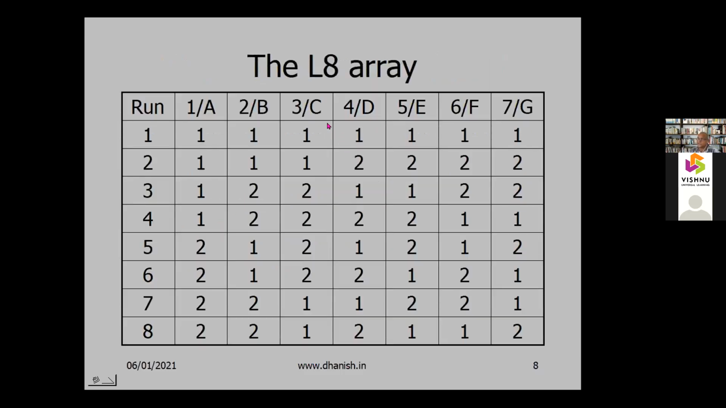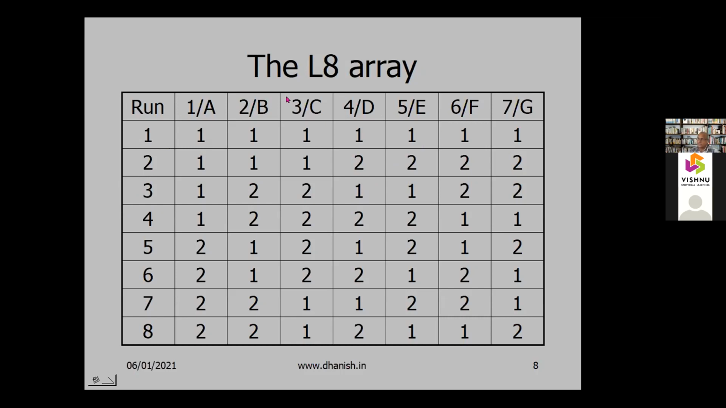So the L8 array, for example, let us see. So this is the L8 array. Instead of -1 and +1, he uses 1 and 2. You can see it is similar to your full factorial experiment with 3 factors. A full factorial experiment with 3 factors requires 8 runs. But Taguchi says you can analyze 7 factors with the array. Then definitely, what is the problem? Aliasing is